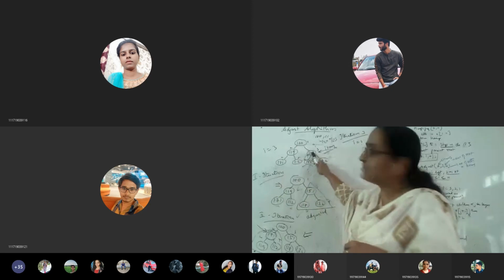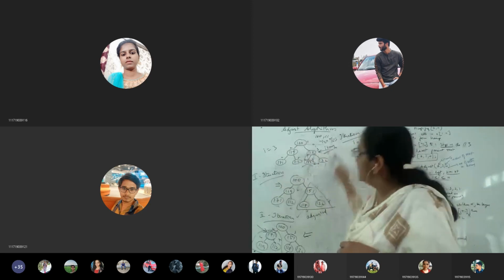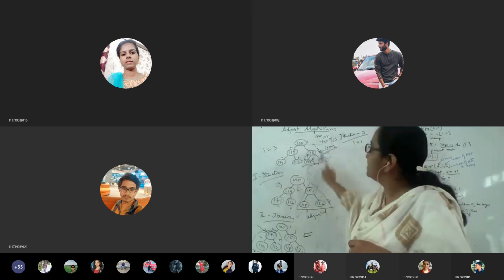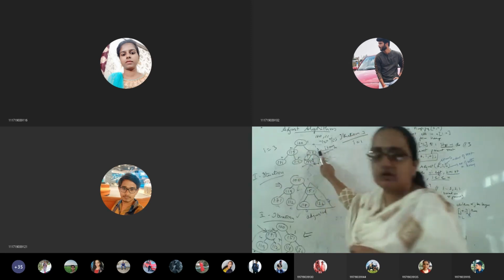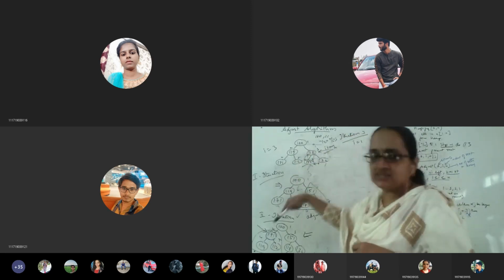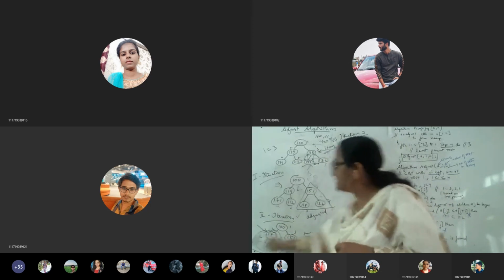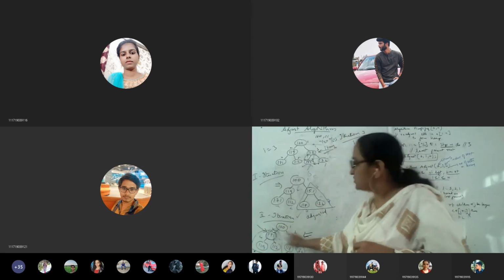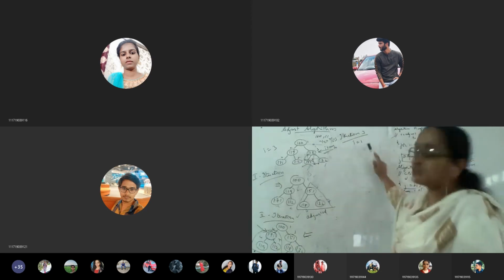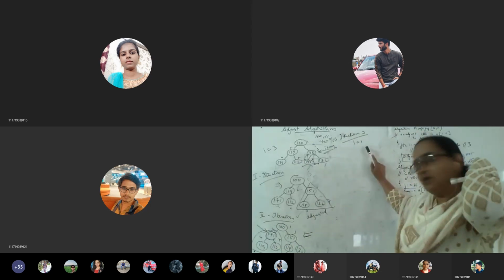So this will be the last parent. So first adjust that, taking this as the root and its children. So that is why we took i is equal to 3, last parent. Next last parent 2, so that is the left subtree. Okay, so now we adjusted this. So next parent means it is the root.